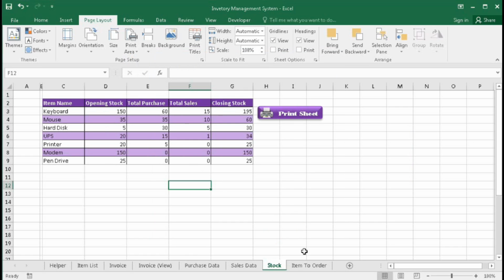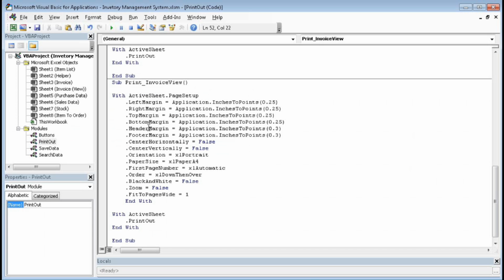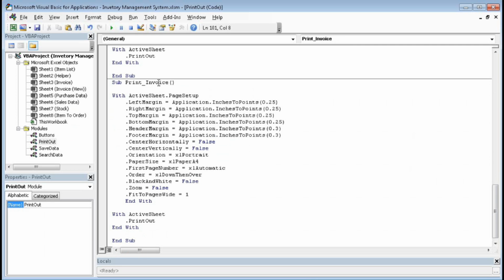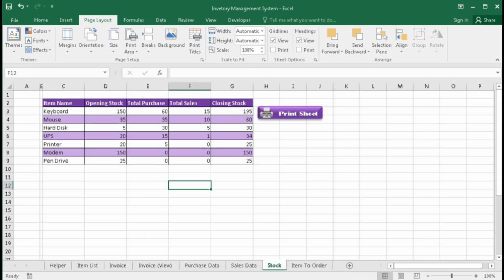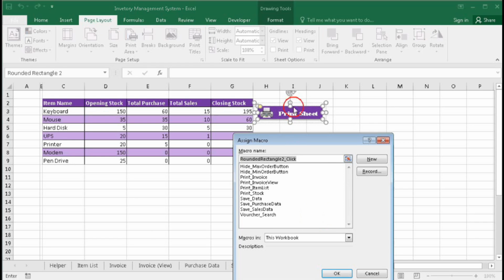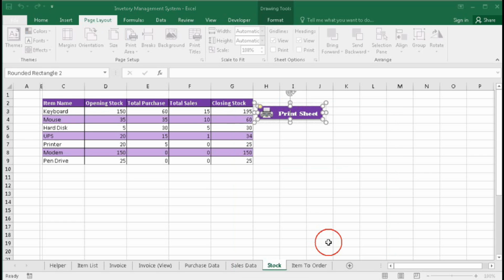Okay, okay. The Visual Basic, again paste it and type here stock, and here assign the macro, right click, assign macro, and here print stock.